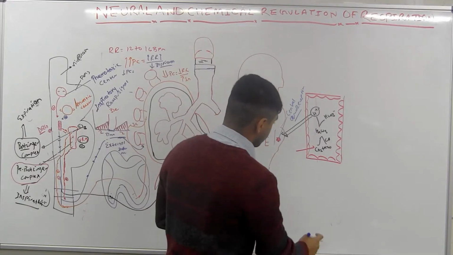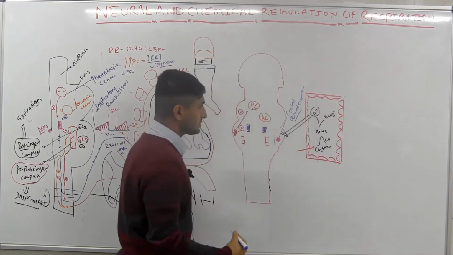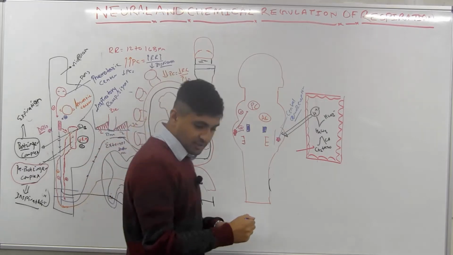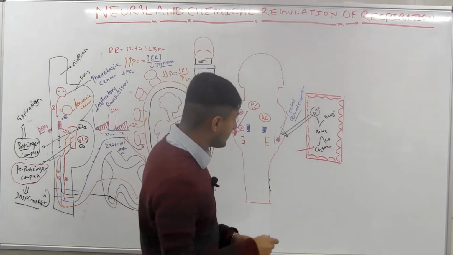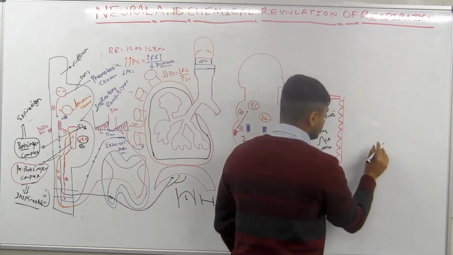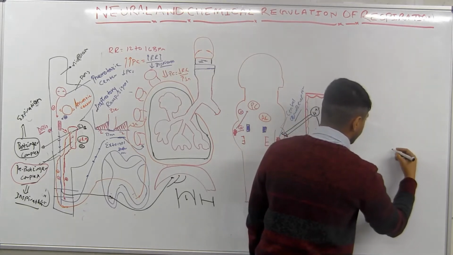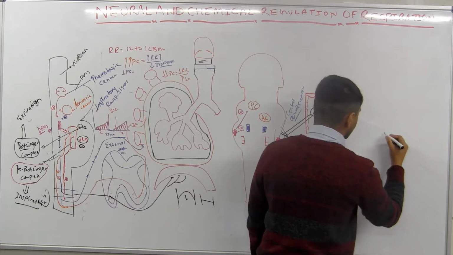Now we have to also talk about something called peripheral chemoreceptors, and where are they located? We're going to talk about that too, right? For that one, we have to talk about our beautiful heart right here. So these guys are located where? Basically, if I quickly mention this, right? So we have